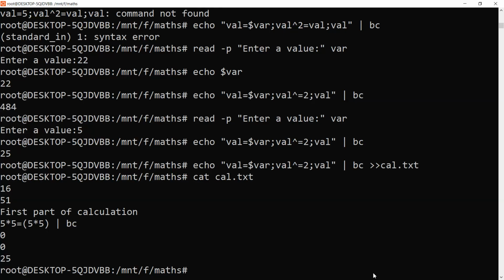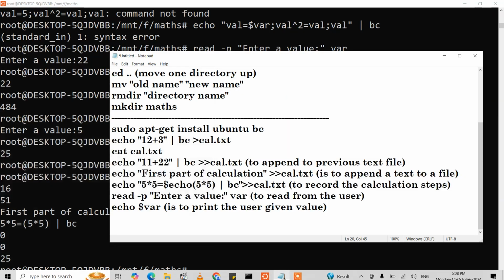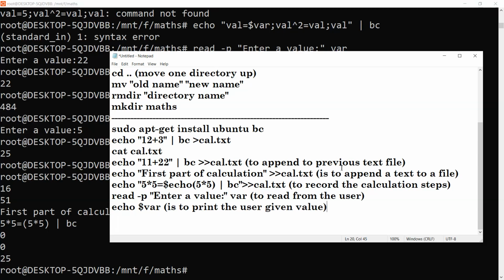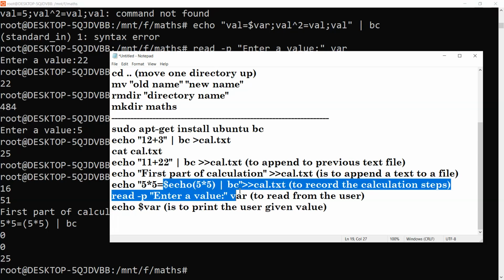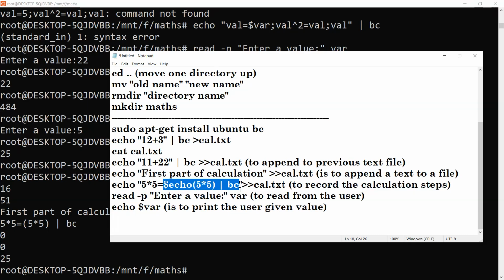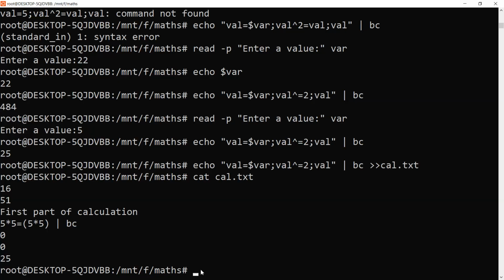Now if we want to record the step as well, so let's take the help of our notepad, that how we record it is to append to a file, to append the first part of the calculation, echo bc cal.txt. So this was in this way. So $echo means this will be the operation. So what we will be doing is that we will be doing this particular line. So value is equal to, find, so this will be $echo,